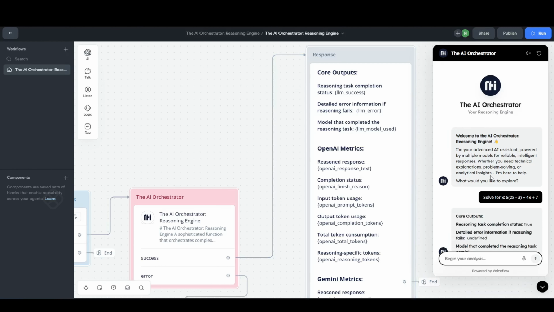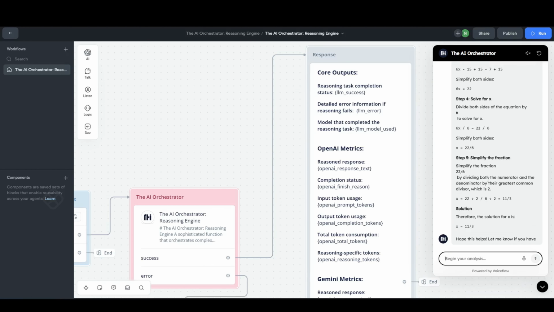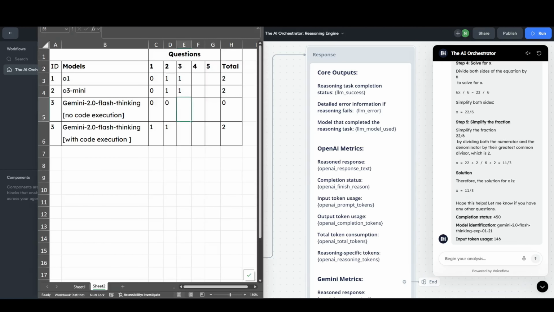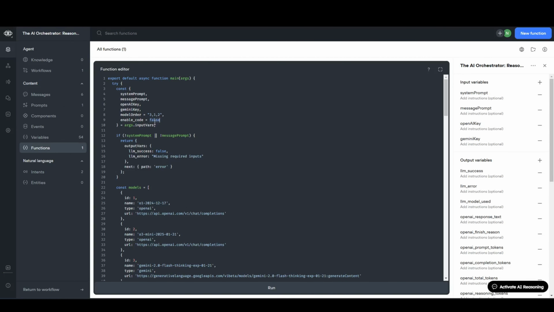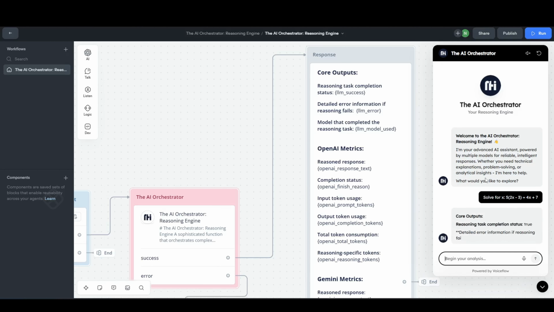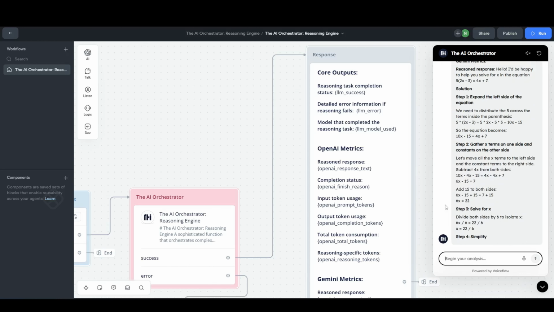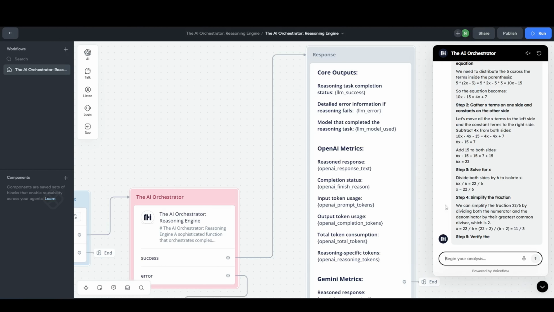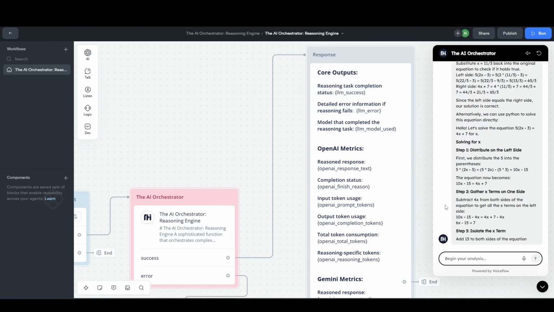This is Gemini without code execution, and it got it correct. Well done, Gemini. So now let's try to enforce code execution. And it seems to have gotten it correct.